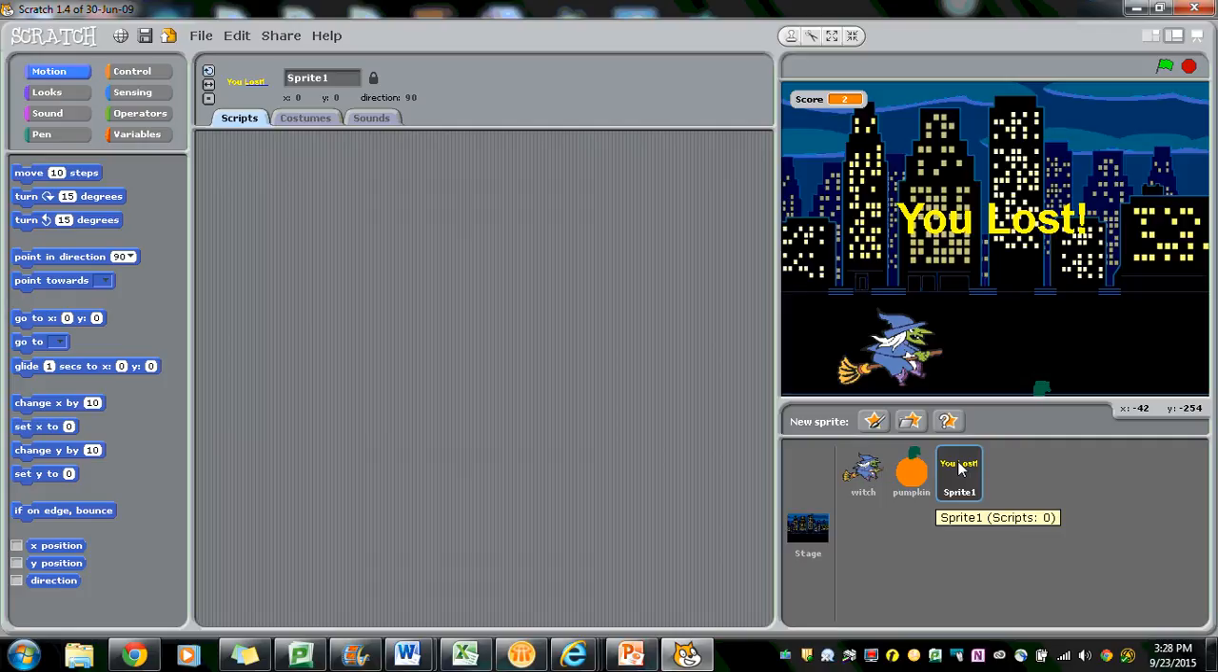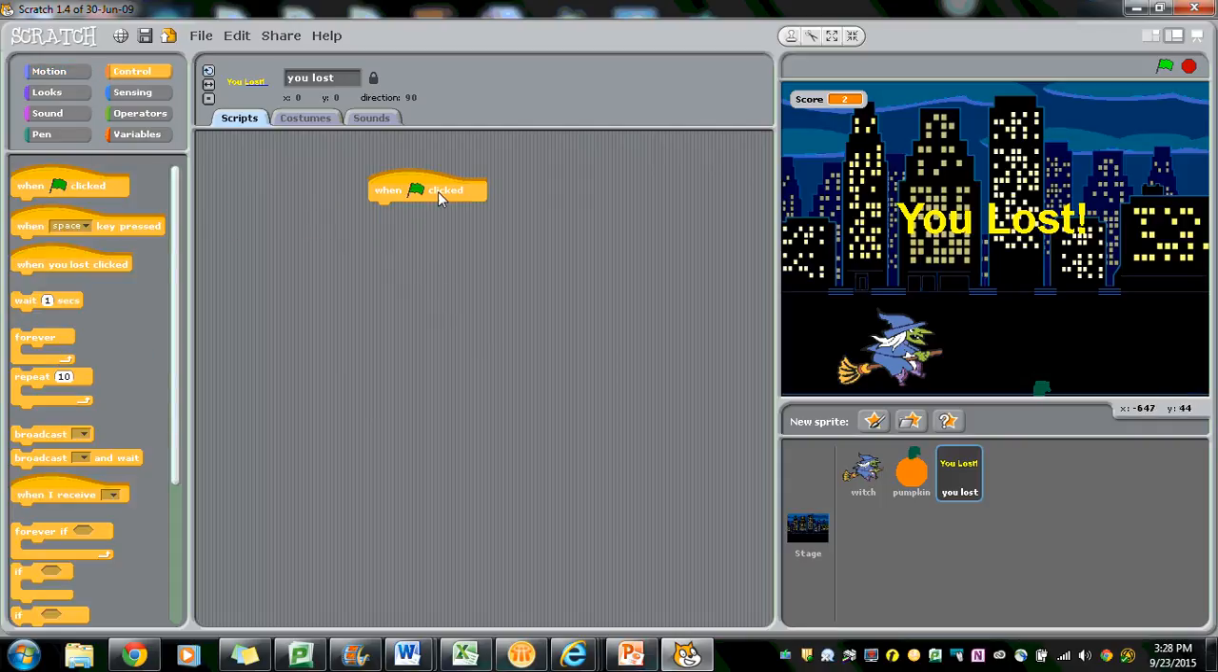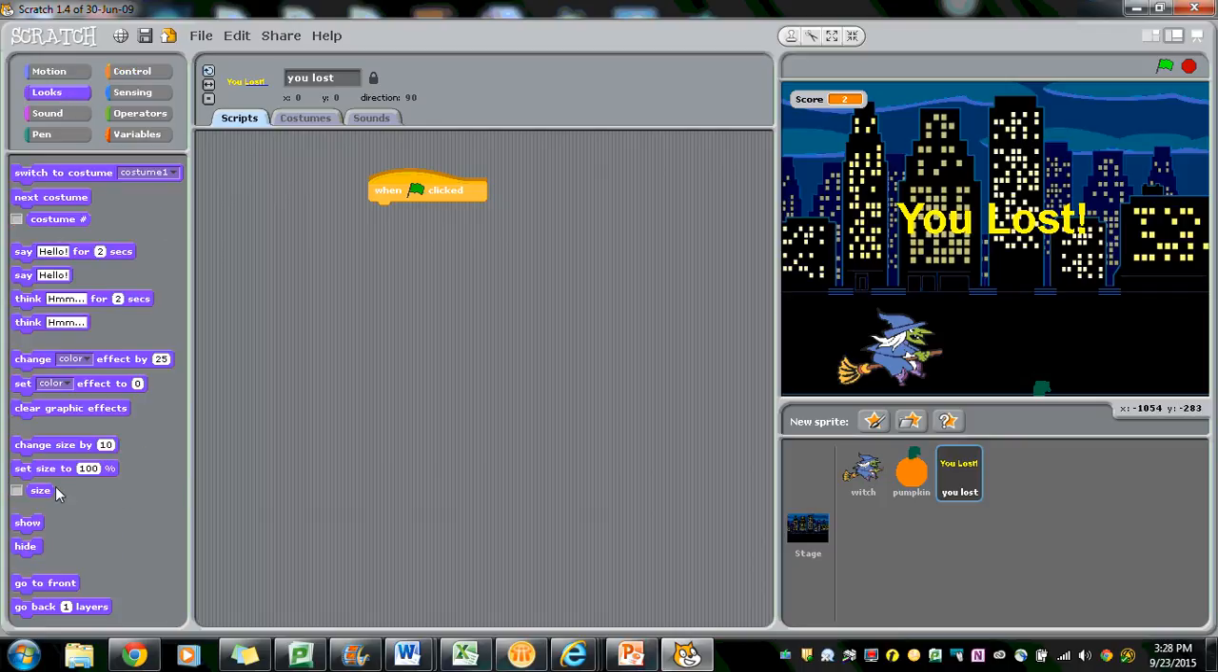So we have to hide this message when the game starts. So we're in the you lost sprite. And I'm going to go into the green flag because I'm going to say, hey, when this game starts, I don't want to see it. So in the looks, we need to go down to hide. They don't show up yet. Let's see if that happens. Click the green arrow. Sure enough, it's gone. But if